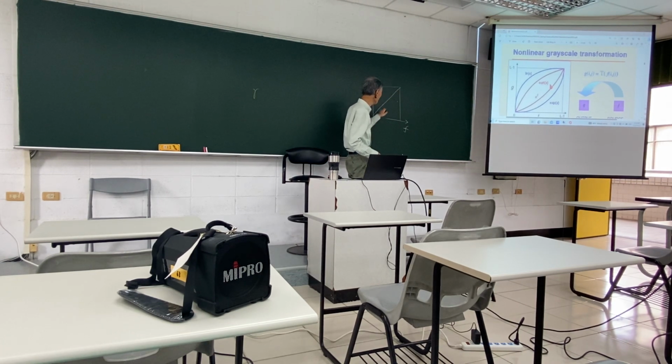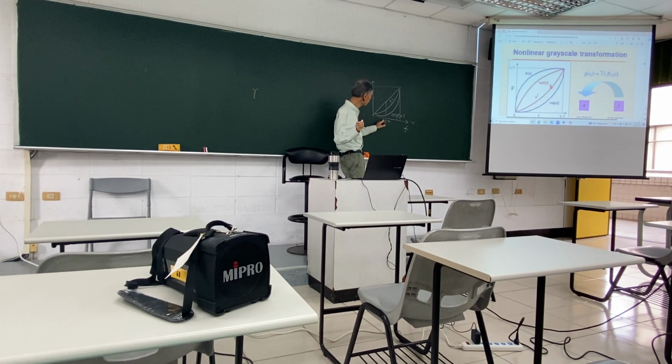The diagonal line here means you do nothing: the input F will be exactly the same as the output. When you go for some gamma correction or some function like this, if you take x squared, or for the example here, the exponential of x, then it means what? For a given f,